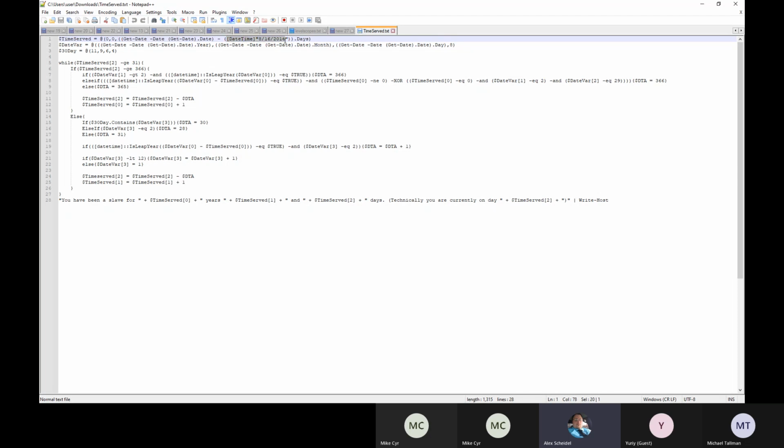and then it comes over here and subtracts this date time variable. So it subtracts and gets the number of days from this date. So from today's date to this date, it gets the number of days, and puts that in that last variable position in the array. It's an array because you've got three variables listed in this array. Like I said, it's going to be years, months, and days. The second part is we get this date variable. We get some date variable stuff here,